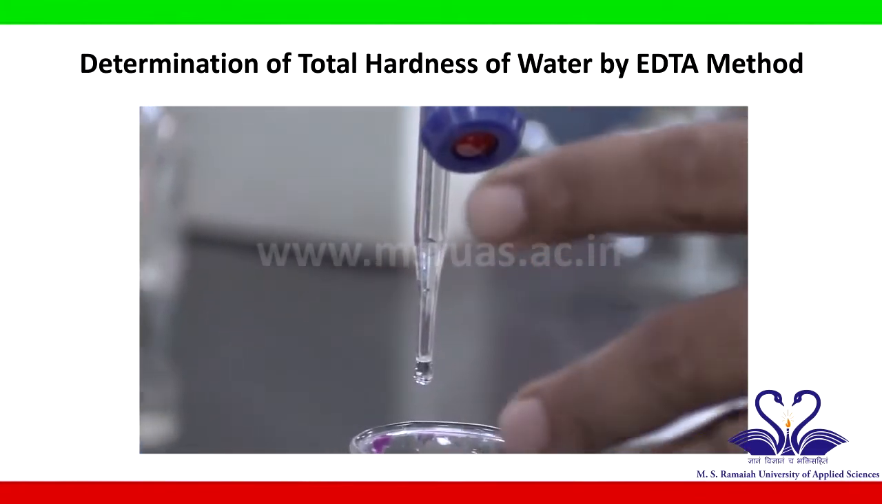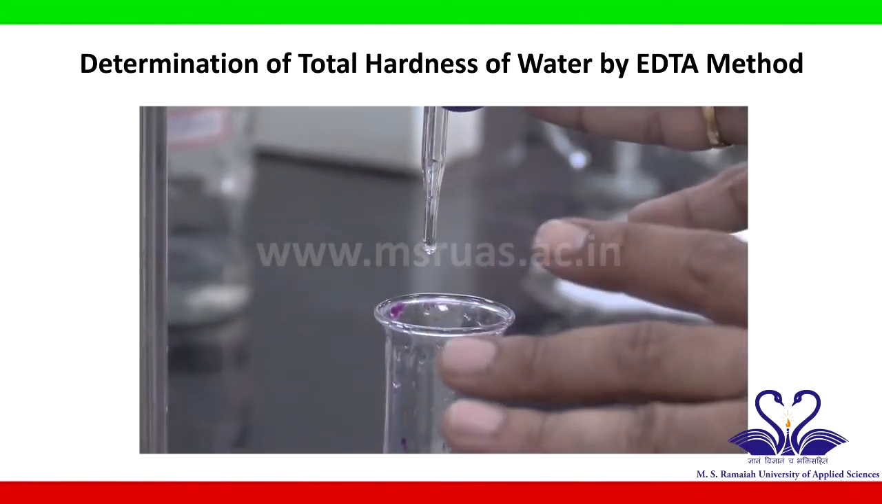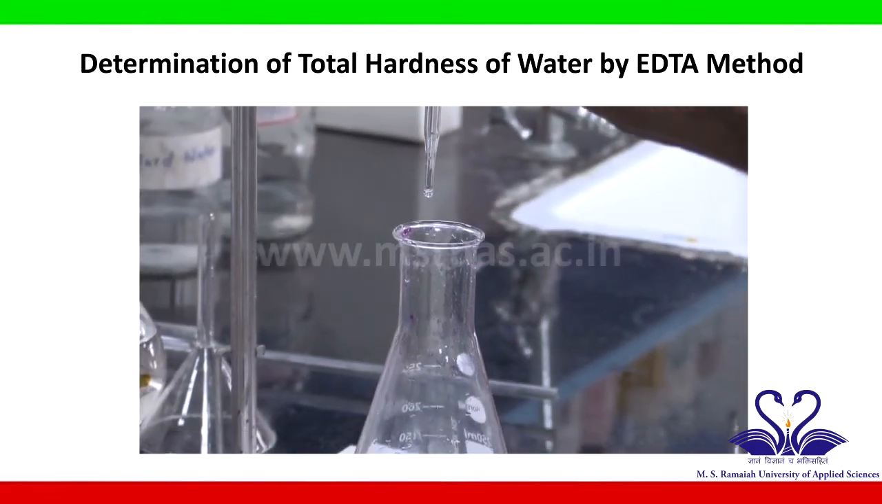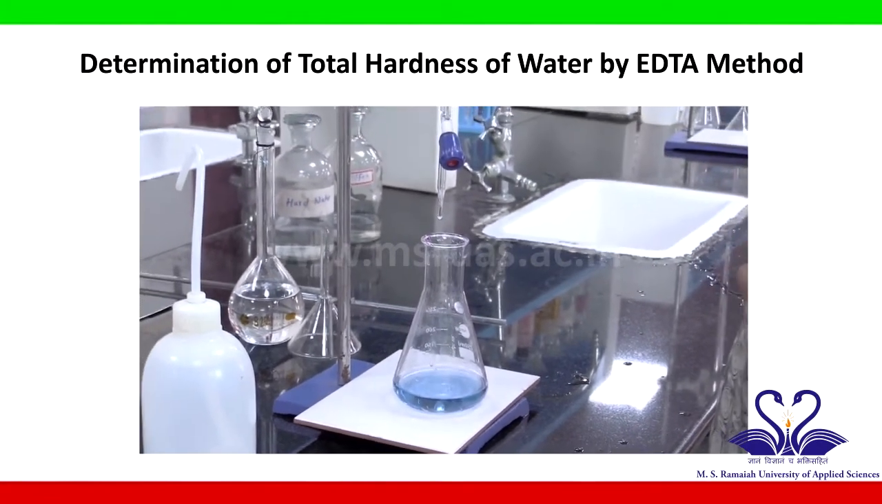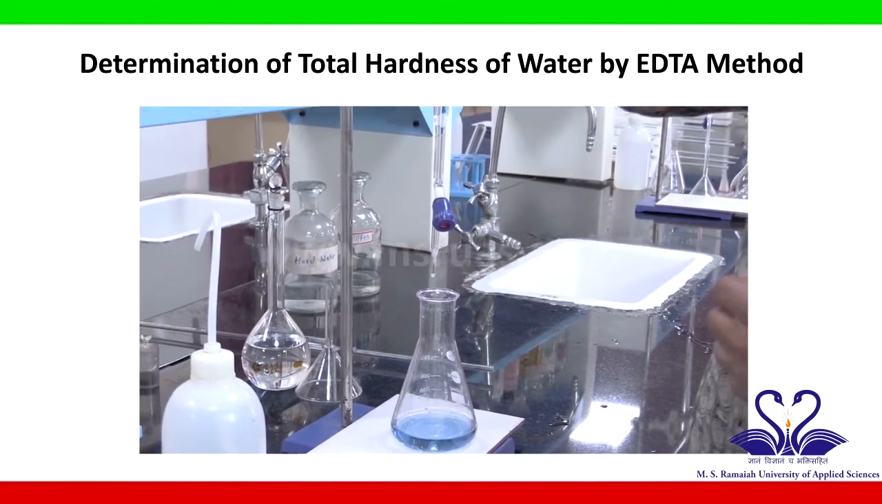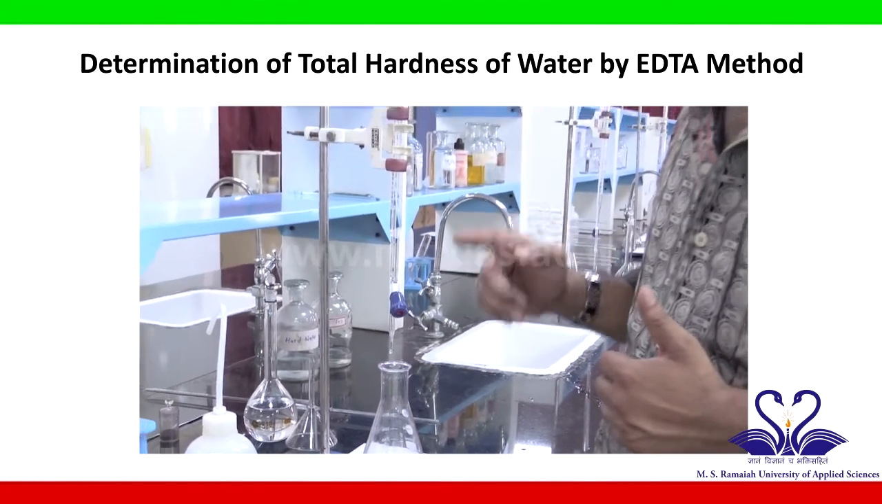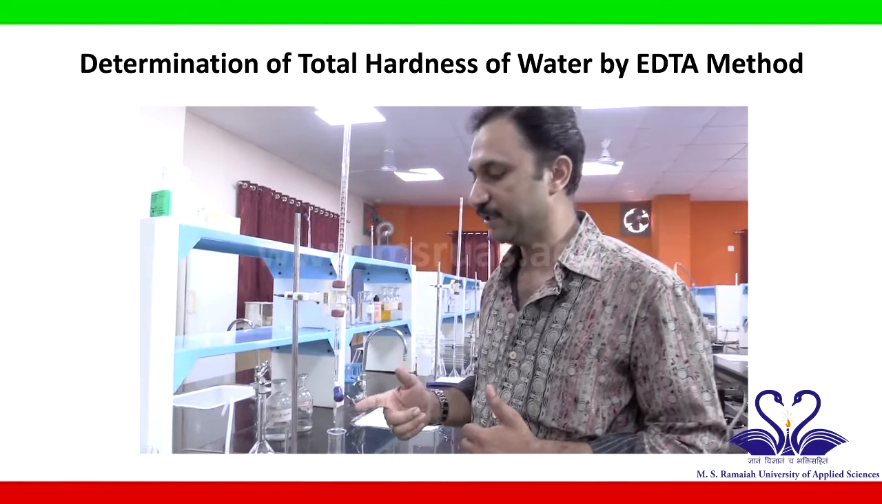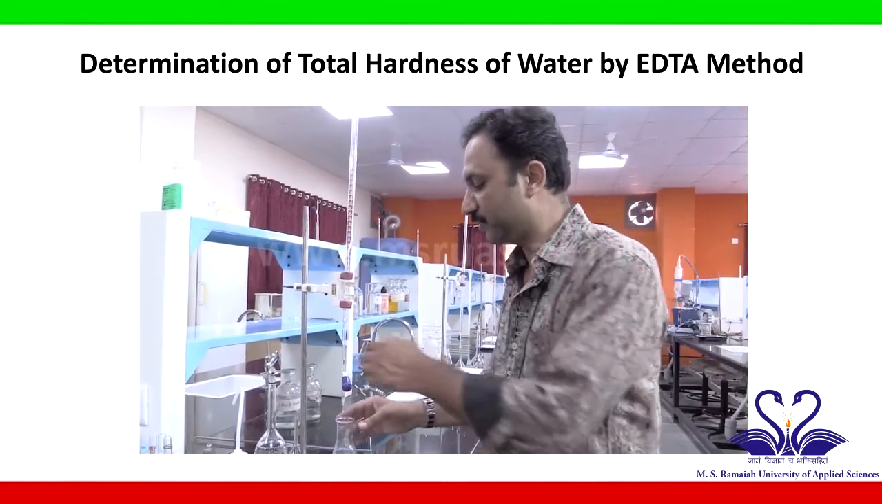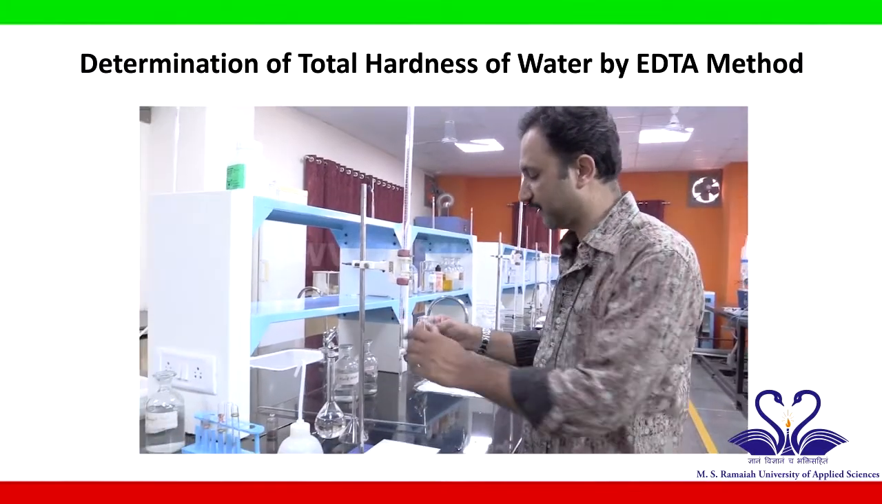After this end point, whatever you add, it will be a blue color solution only. So whenever it turns from wine red to blue, you have to stop the titration and note the amount of EDTA consumed. This is one trial, so you have to continue for the second and third trials. To continue, you have to wash your conical flask